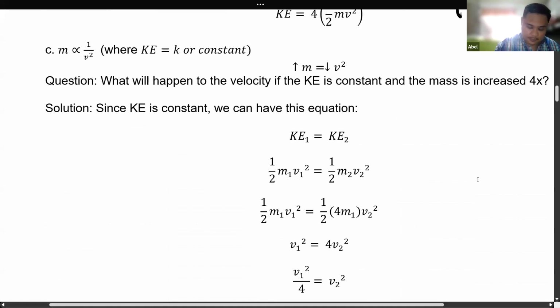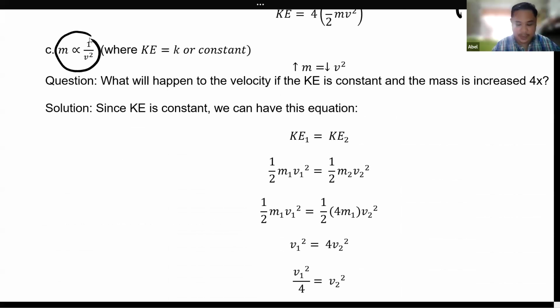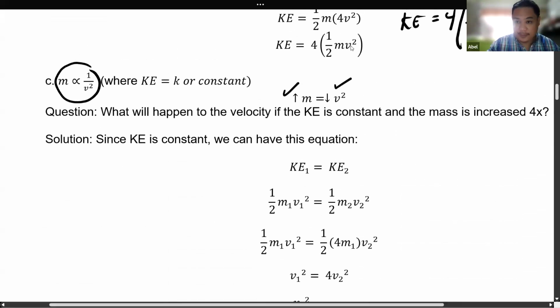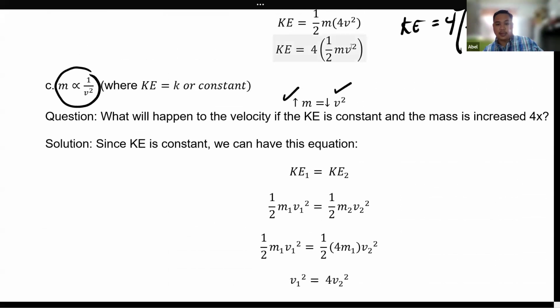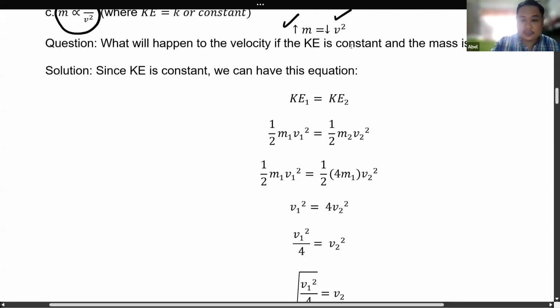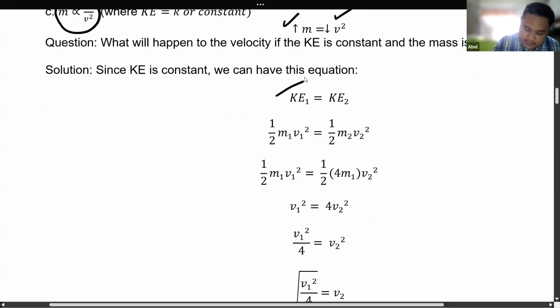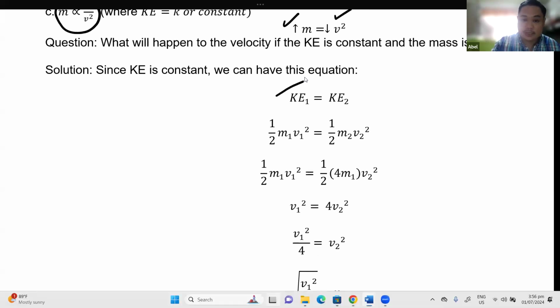How about this one? Mass and the velocity are in inverse square proportion where KE is constant. Now that means an increase in mass would be a decrease in a squared factor of v. Now let's try to look at the equation. What will happen to the velocity if the KE is constant and the mass is increased 4 times? Now we can have this technique wherein since kinetic energy is equal to kinetic energy, we could say that we have this